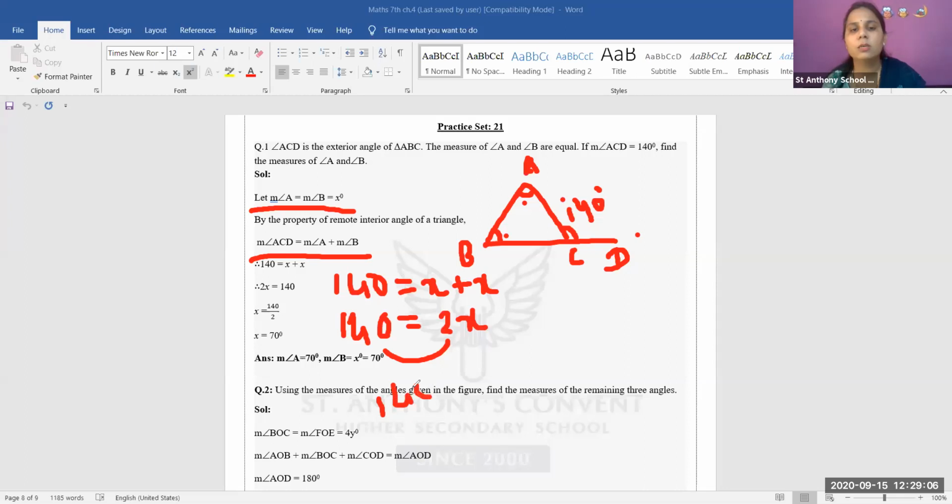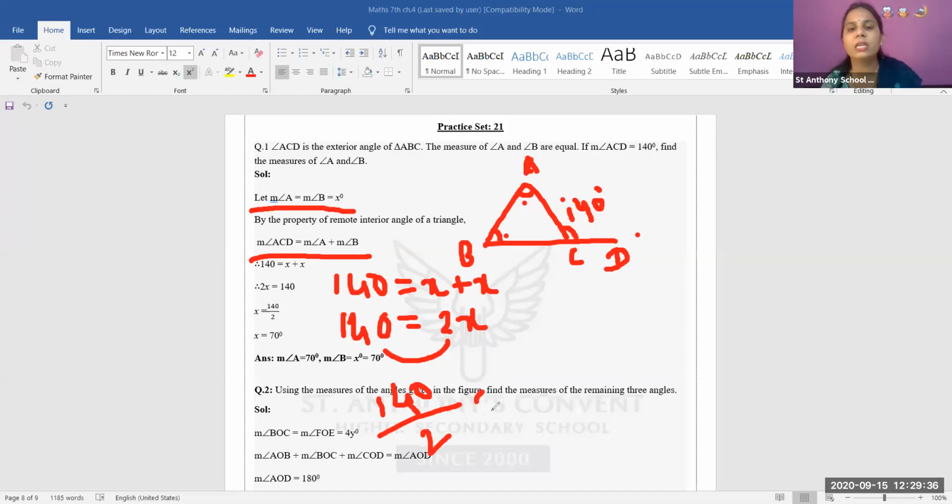As I told you, जब भी value हम exchange करते हैं या तो shift करते हैं तो signs are getting changed, right? If it is plus, then when we shift this plus to this side, it will be minus. If this is minus, when we shift this to right hand side, it will be plus. When it is in multiplying form, when we shift this to this side, then it will be divided. Now this 2 is in multiplying form with x, but when we shift this 2 to this side, it will get divided.